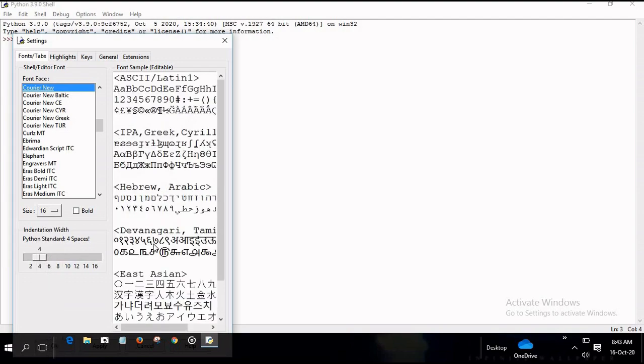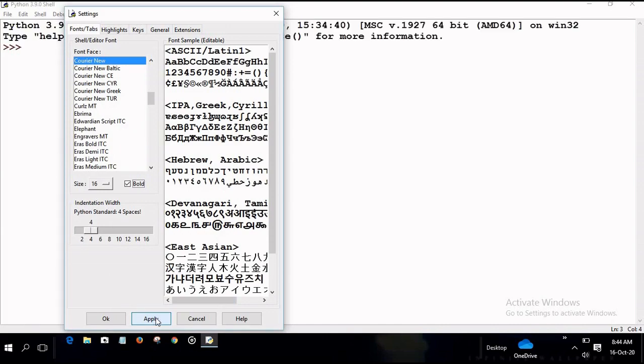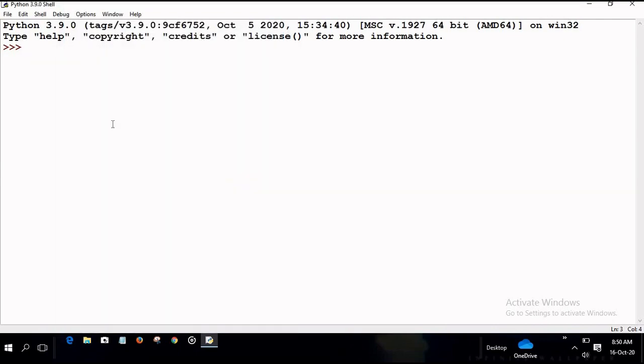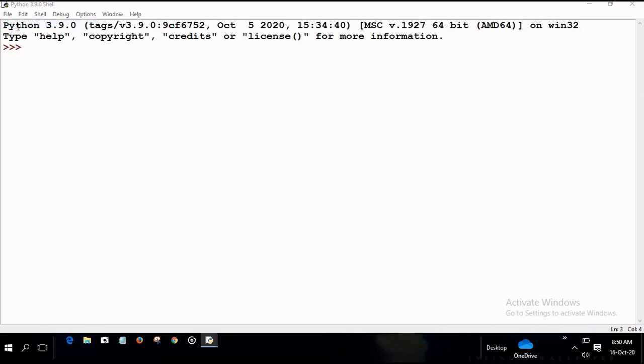Yeah, it is better. And if you want to make it bold, then check this box. After that, Apply. You can see here the settings applied, then click OK. If you want to create a new file, then click on the File menu, then click New File.